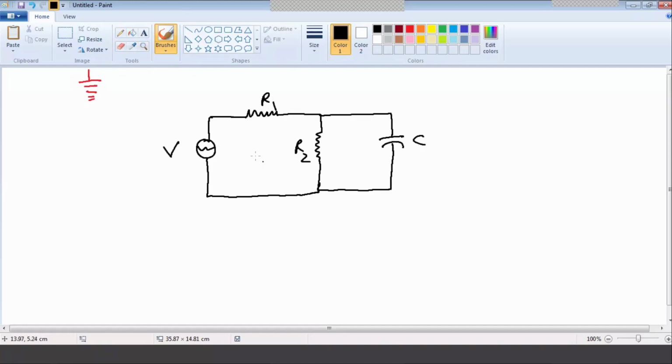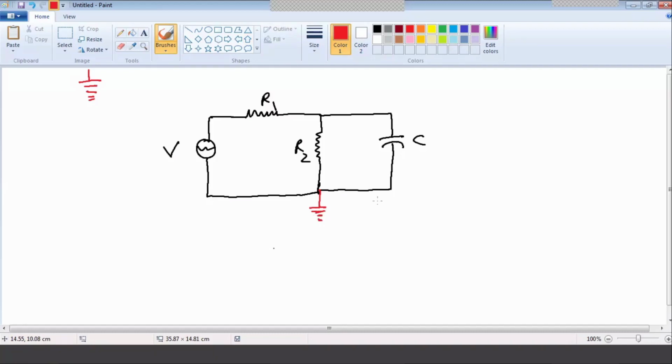Suppose I want earthing at this point. How will I do the earthing? I will make a symbol here and connect my earthing here. Right? So this is called the earthing symbol.